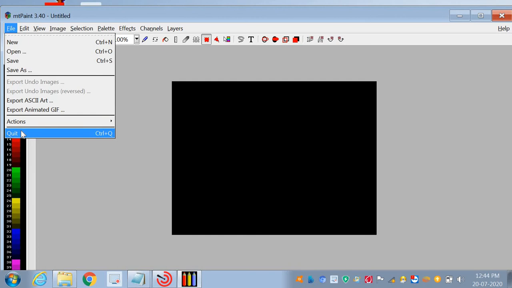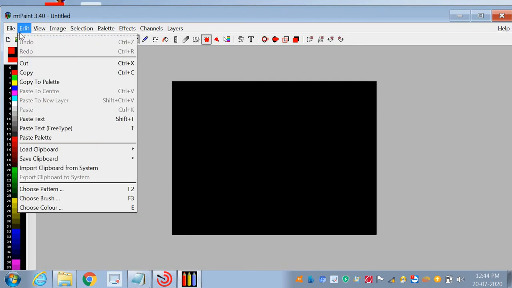This is the quit option, Control plus Q. With the use of the quit option, you move out of your MT Paint, means your pages exit.